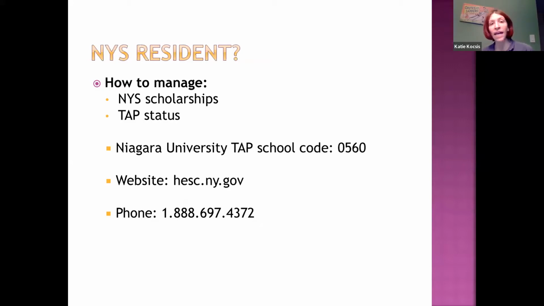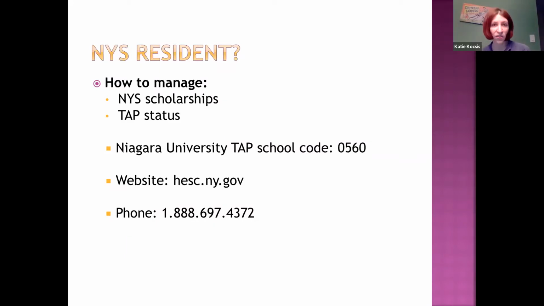So you want to go to hesc.ny.gov to actually complete that if you haven't done so already. You can also go there and check on your application. Our TAP school code is 0560. It's really important to note this because if you've already completed your TAP application, and when you filled out the FAFSA there was an option to do it right after and link up your information to the New York State website, just be sure that our school code is the one on the TAP application,